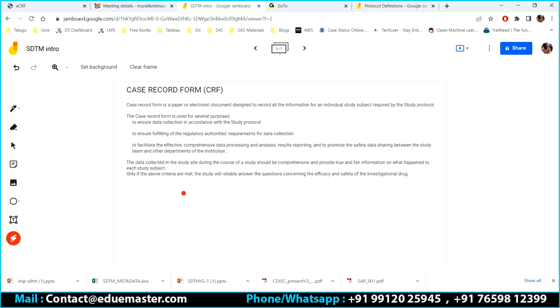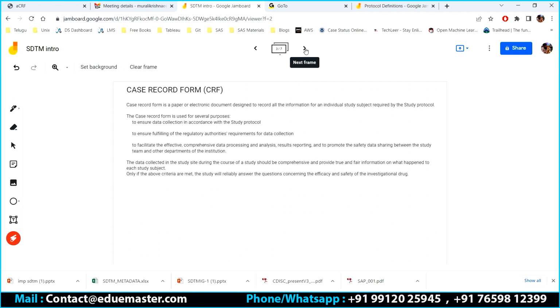And most important, I need to make sure the data collection is effective, the reporting is proper, and, the main thing, I need to promote the safety of data sharing between the various teams and departments. All these things need to be included in this particular CRF form.